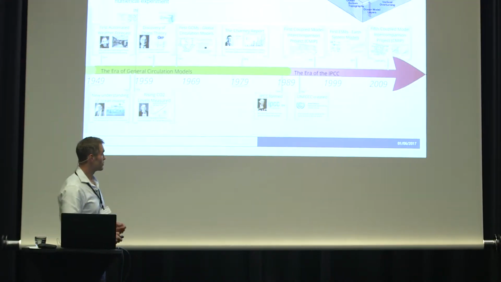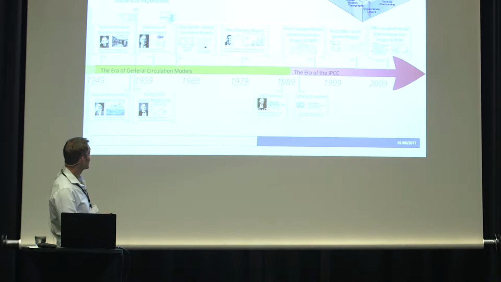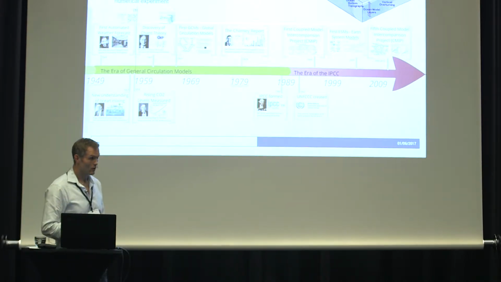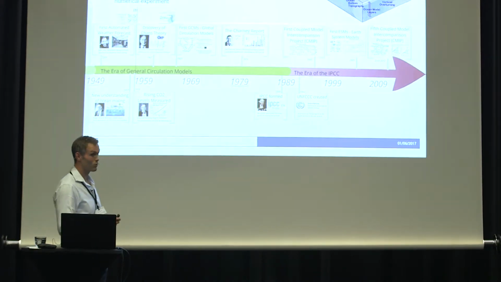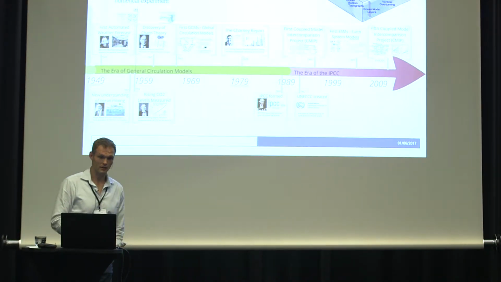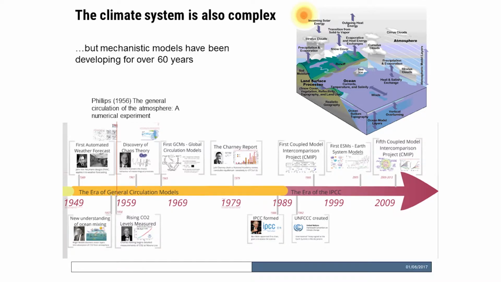But I make the argument here, I draw the analogy with climate modelling, where the climate system is also complex, right? There's a lot of internal feedbacks and a lot of complicated processes. I'd say it's an order of magnitude less complicated than ecological systems, but still it is a complex system. But these guys have been developing mechanistic models for over 60 years. So starting way back in 1956, Norman Phillips published his paper on the general circulation of the atmosphere. Since then, climate models have been developing, and then for at least the last 20 years,